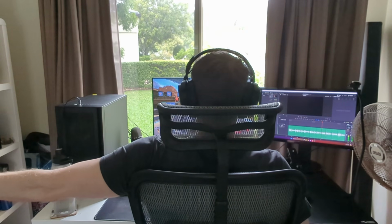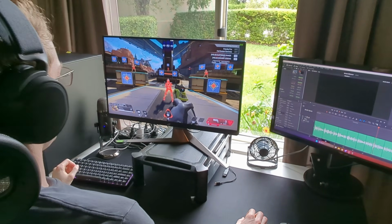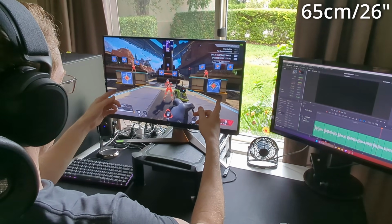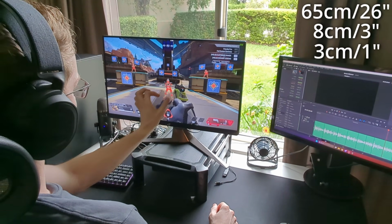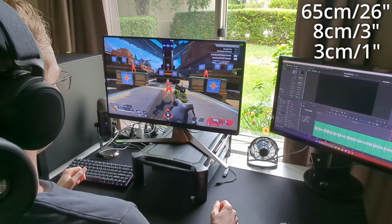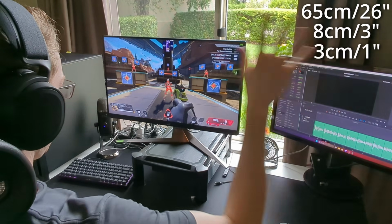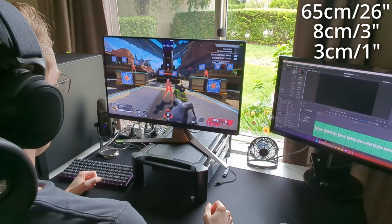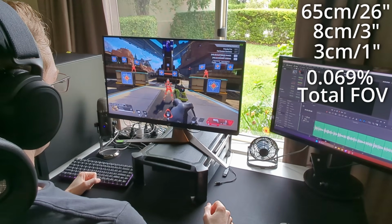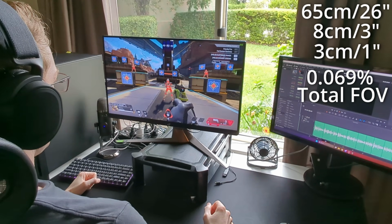To further put this into context, I'm currently looking at this target dummy in Apex Legends. My eyes are 65 centimeters away, and the target is 8 centimeters high and 3 centimeters wide. Before I tell you, take a quick guess as to what percentage of my field of view this target occupies. If your initial guess was anything like mine was, then you're way off. It is only 0.069% of my field of view, if we assume it's a 2D rectangle, which it isn't, but it's close enough